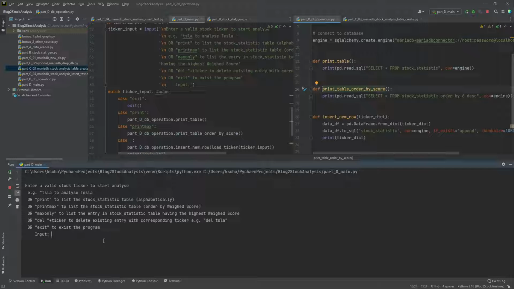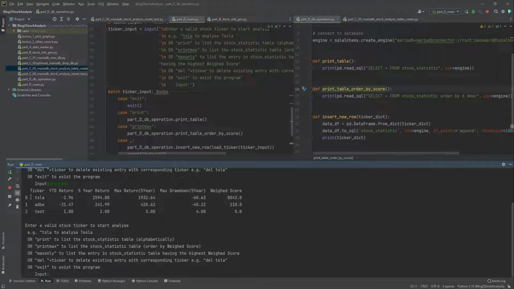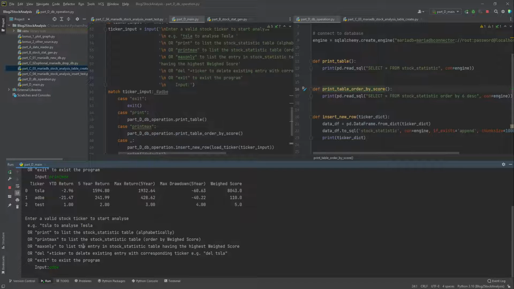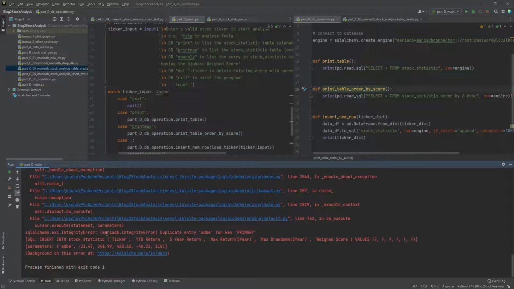All right, so if I do the print max, okay, so you can see it will now print the table based on the order I want. And the error I mentioned earlier is something like when I enter the Adobe again, it cannot be added because there will be an error called the integrity error